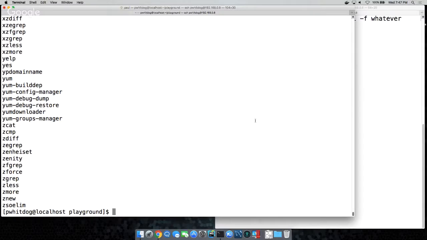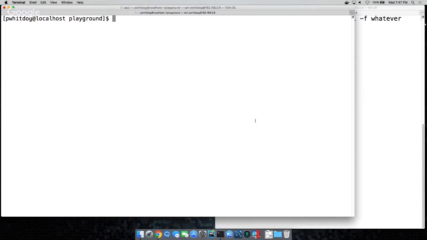Zgrep, the German version. What do you got? Zip grep. Super useful when you're looking at running processes. You can grep specific processes and focus. And we'll get to that in chapter 10. I think we'll talk about processes.